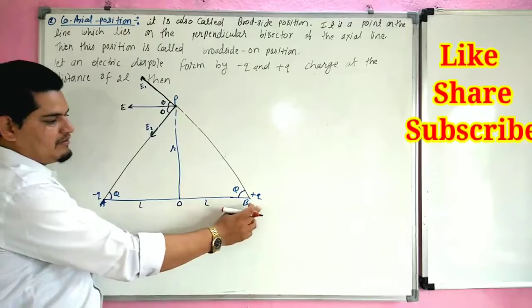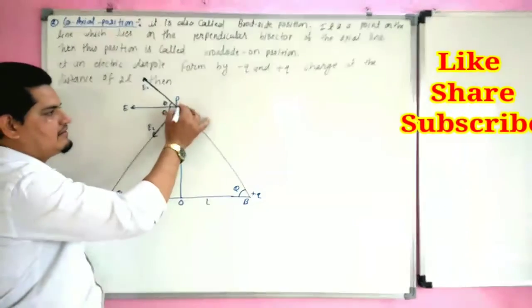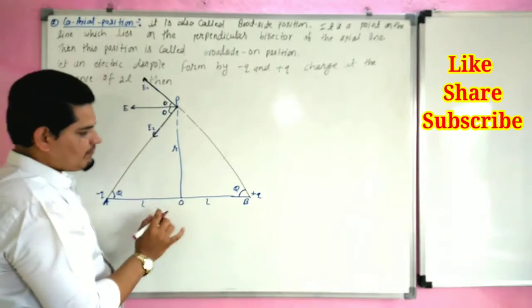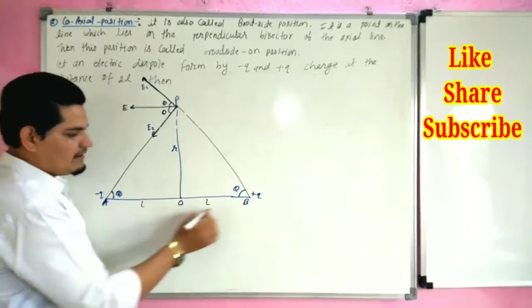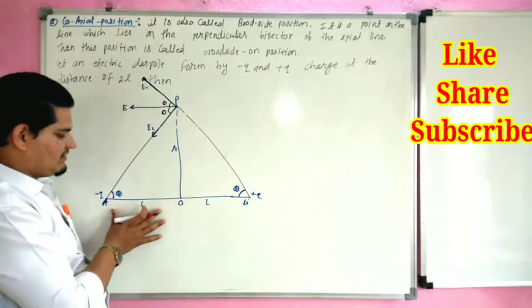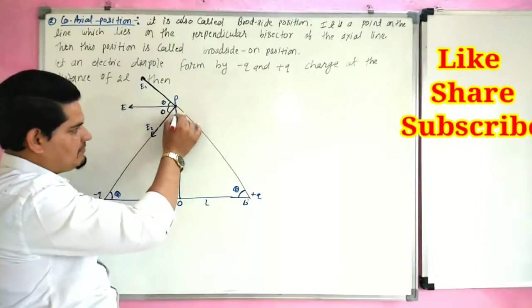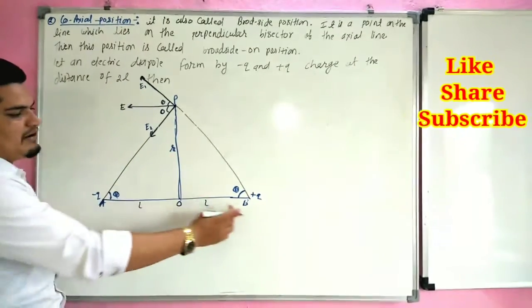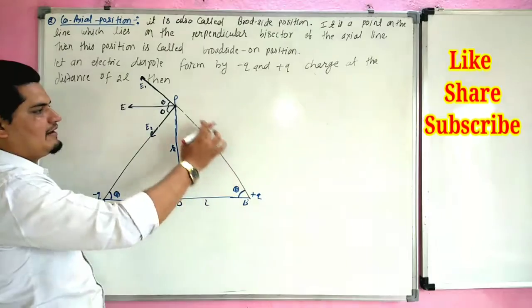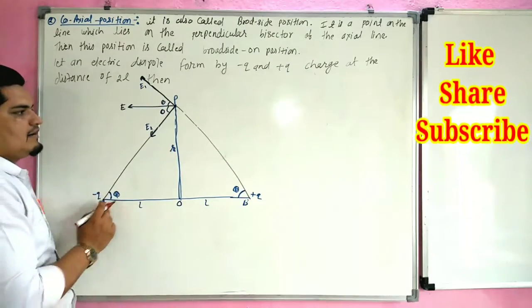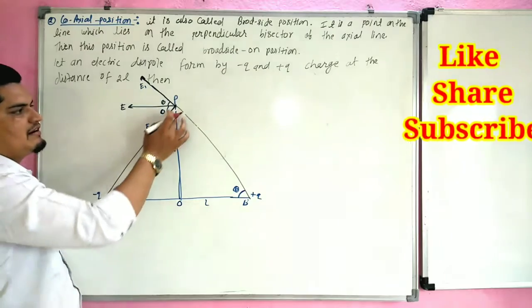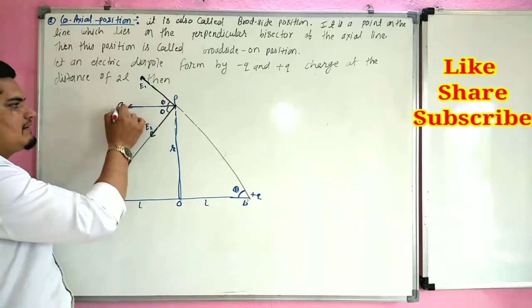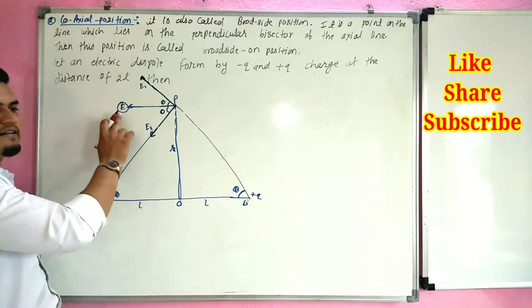This is the diagram. This point A, this point B, this is our electric dipole, and this is the point P at which we have to calculate intensity of electric field. Let us consider this angle is theta and this is also theta because both the distances are the same, and this point P is situated at a distance of r. Due to point B, the intensity of the electric field is in this direction, and due to point A, the electric field intensity is in this direction. So the resultant electric field intensity becomes in this direction.